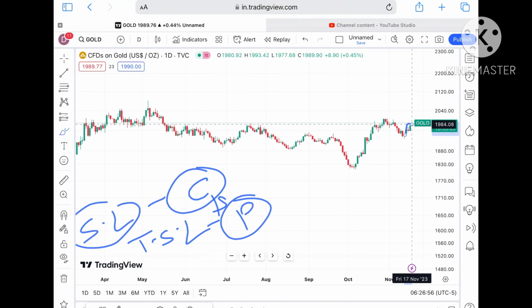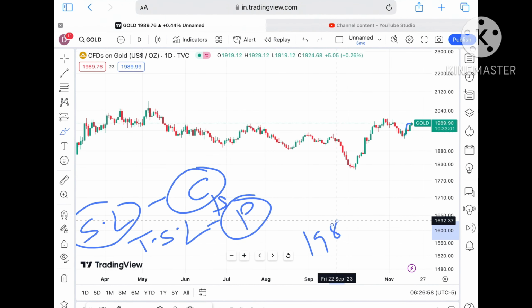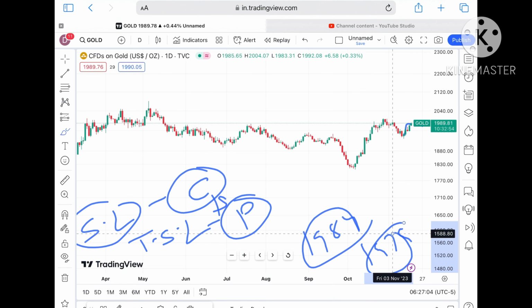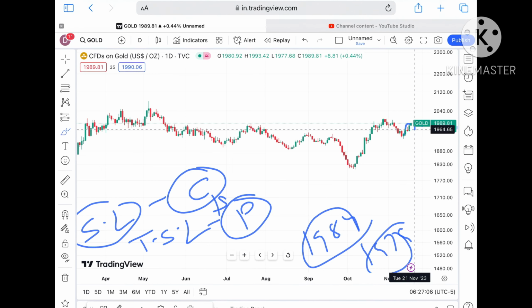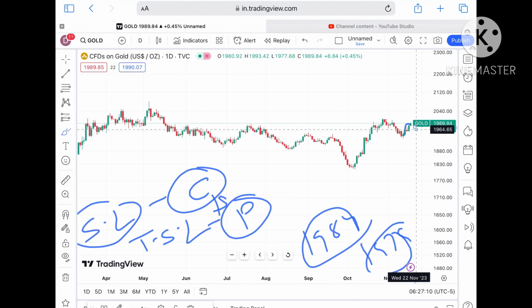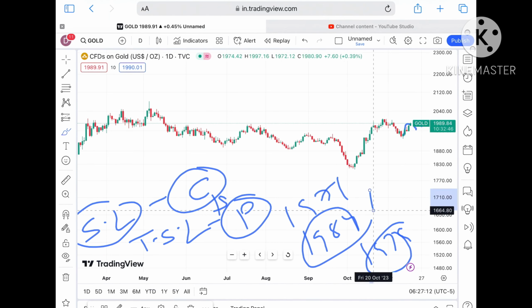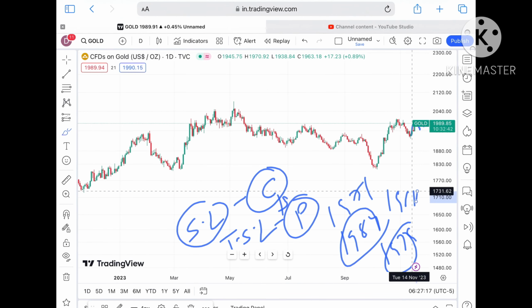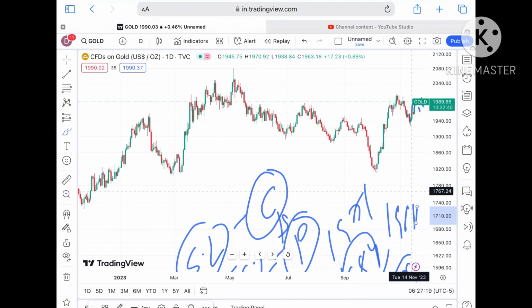Being patient is important, and all these things I teach in my workshop. So suppose the price doesn't sustain, it can come down after crossing this support and can touch a level of around 1984 to a level of $1979. And once it starts going below 1979, a further downfall we can see, and it can go towards a level of 1971. And once it starts going below 1971, chances of touching a level of 1961 also we can see, and